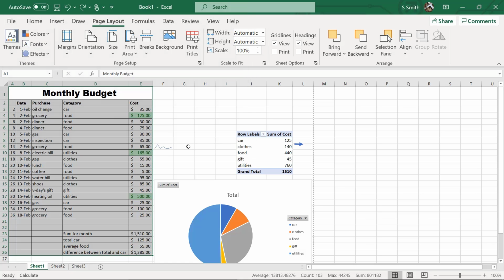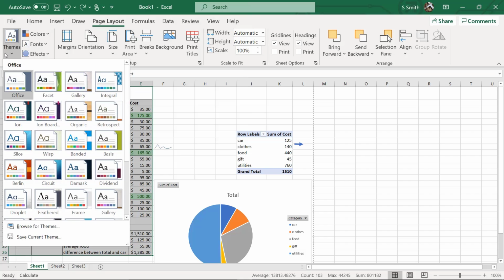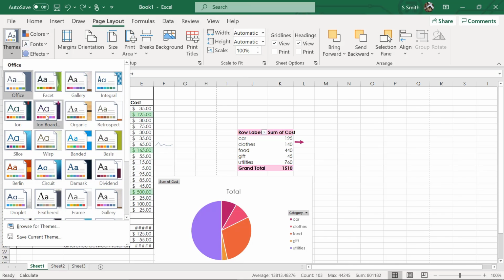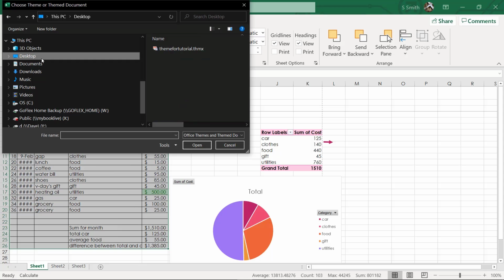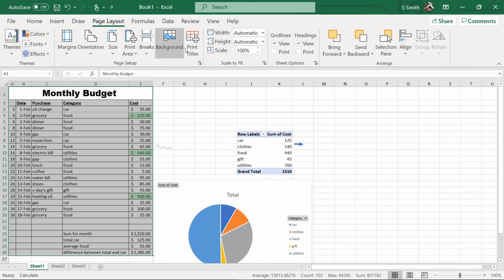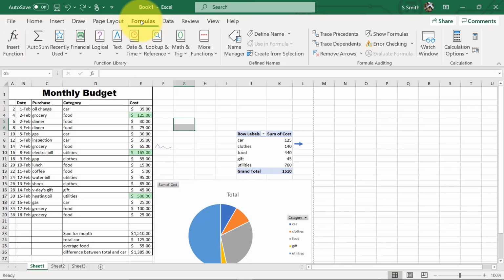and hit save. Now if I go to themes and let's change this one, and then I'm like, oh no, I want to change that back to what I had. I could go to themes, browse for themes, go back to my desktop and pick theme for tutorial, and it will turn everything back. I'm going to click on the formula tab and just show a few formulas that are